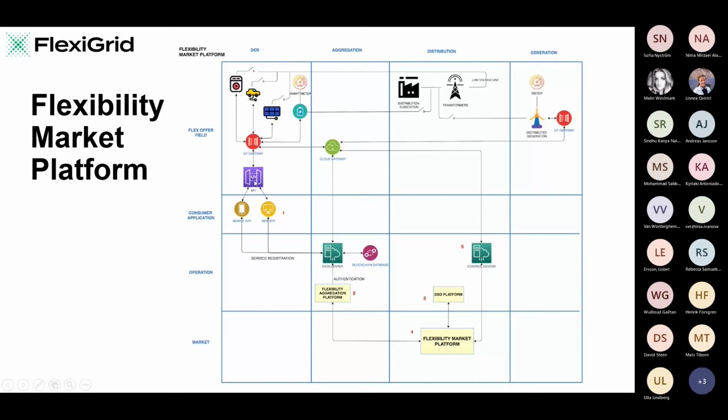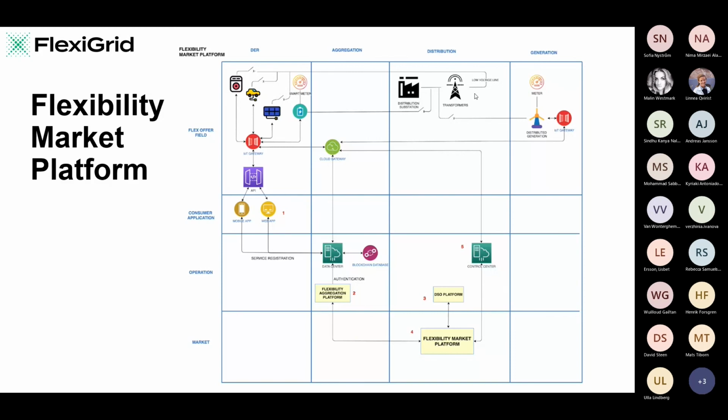So we can say that with IoT, we can connect with data, IoT gateway and API to have a kind of layer at the applicable device level. Then we send the data to the flexibility aggregation platform, also recorded with blockchain data, and gather the data, the bigger bids, to put in the flexibility market, and then the DSO, and then go to the control and then provide it to show the distribution grid problem.